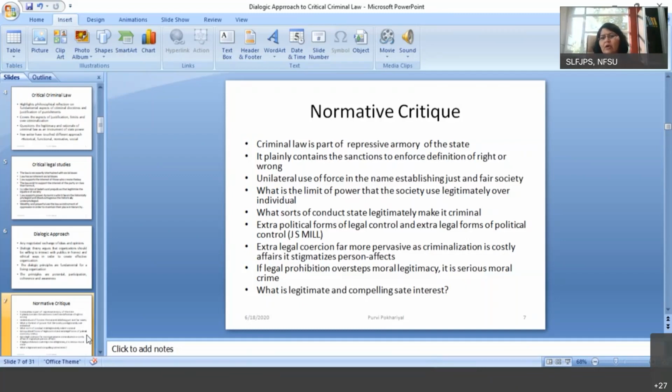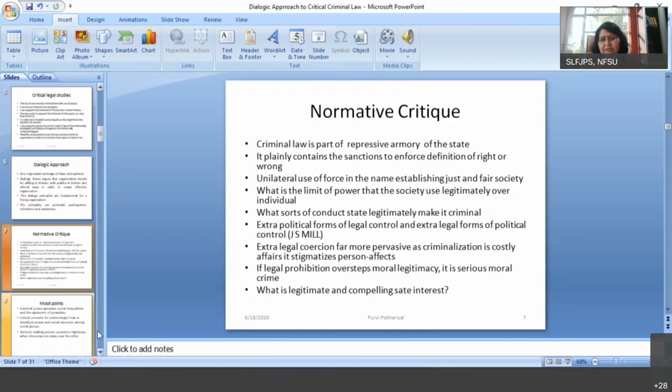So when we talk about these, when the state is overstepping this moral legitimacy, then we have to ask the question: what is the compelling state interest in this? And we have n number of examples with reference to this. So when we talk about the dialogical approach in the background of this normative critique,